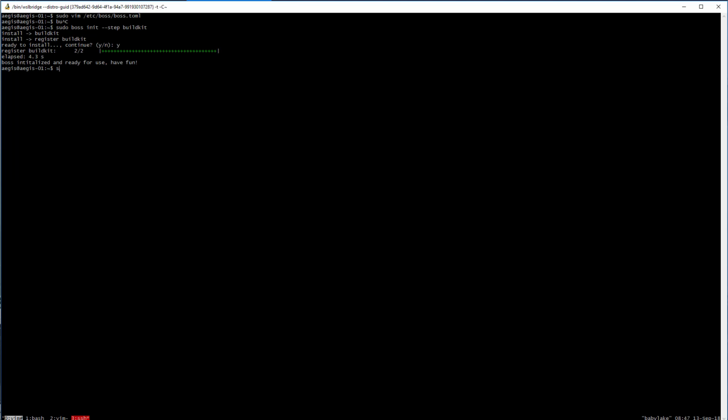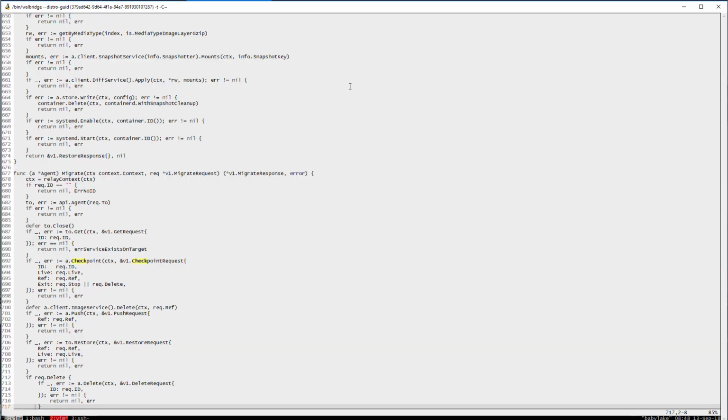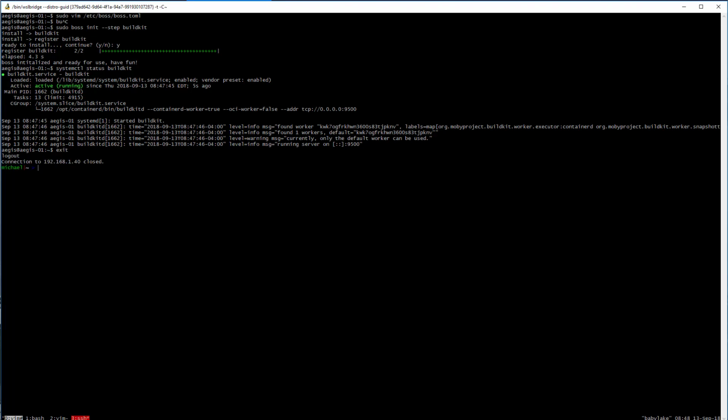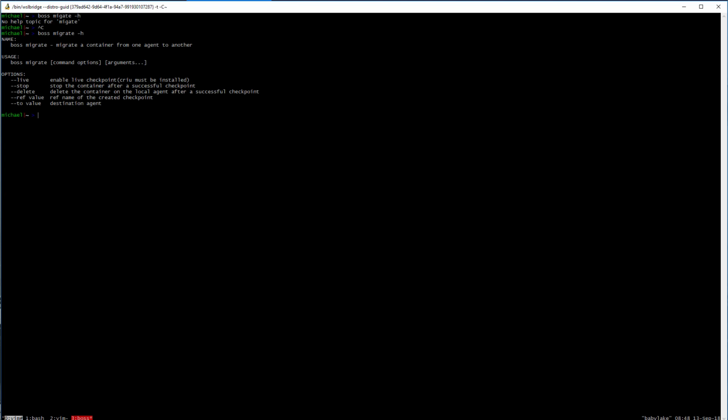Alright, so we should have BuildKit running, and we do. So let's migrate Bamboo over. So I'm on my local machine here, so boss migrate. Let's migrate, I can't spell. So here's all the settings. So boss